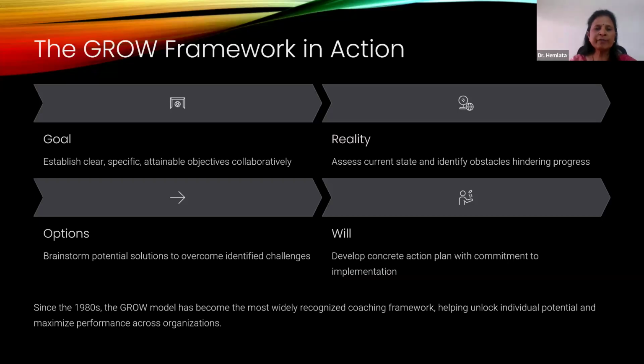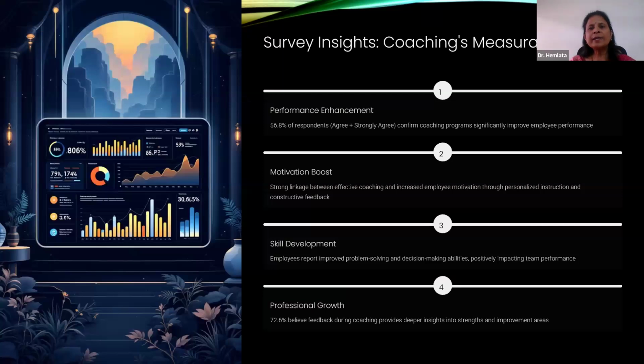The GROW framework in action. Goal: establish clear, specific, attainable objectives collaboratively between coach and coachee. Reality: assess current state and identify obstacles hindering progress. Options: brainstorm potential solutions to overcome identified challenges. Will: develop a concrete action plan with commitment to implementation. Since the 1980s, the GROW model has become the most widely recognized coaching framework, helping unlock individual potential and maximize performance across organizations. Survey insights. Now, the survey which we conducted from the leadership, like we selected the middle and top